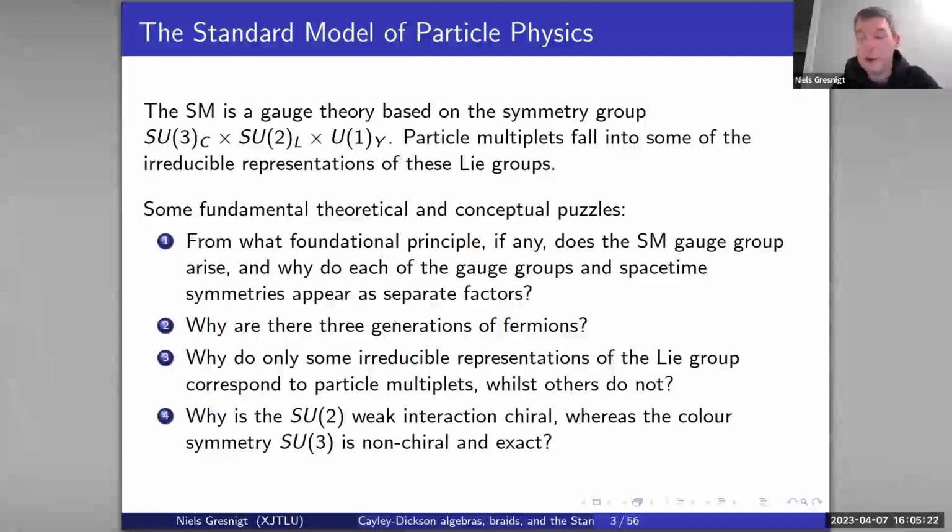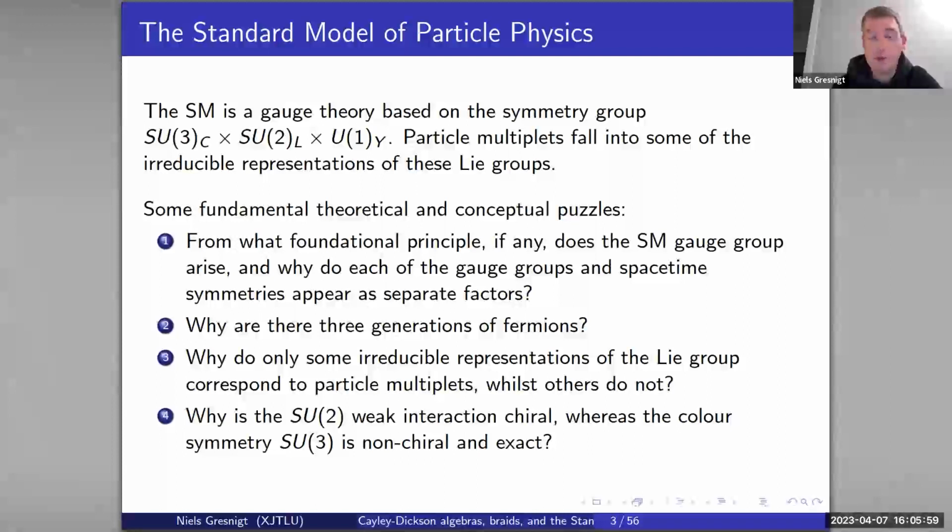So we know that the standard model works really well, and we can use quantum field theory calculations to predict the outcome of experiments to a really high degree of accuracy. So certainly it works really well, but from a fundamental perspective, one might wonder where the gauge group of the standard model might come from. Does this come from some deeper underlying theory? And likewise, one might ask, why do only some of the multiplets of the Lie group correspond to particles, whereas others do not?